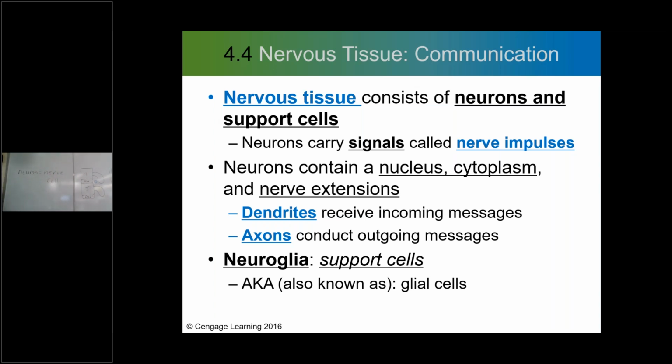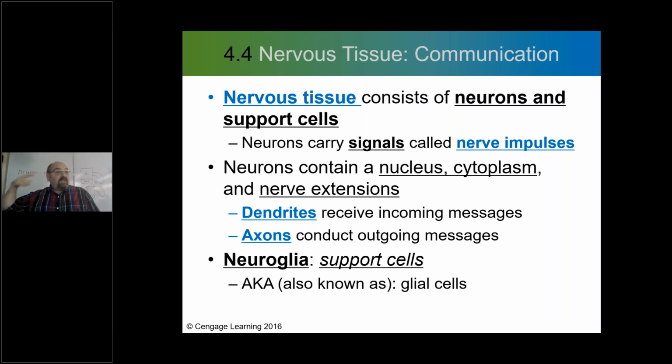You'll see here that these neurons, very important types of nerve cells, have a nucleus, cytoplasm, the material that supports and is present within the cell, and extensions. So they have dendrites and axons. Dendrites will receive information, axons will send out information. So for me to be able to contract my biceps and my triceps to do this, I need to be receiving impulses via those axons to the skeletal muscle. Without that, they won't work.